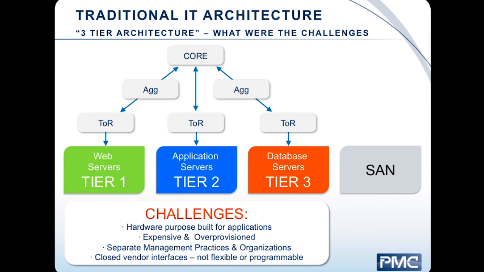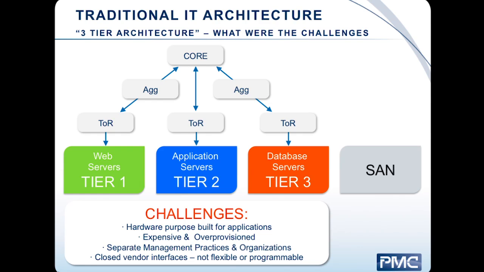The same thing was happening on the network side. We wanted to take our web tier and pound on this particular chunk of data. We had to go up through the Cisco 3-tier architecture all the way to the core and back down to the SAN in order to do read-write of that data. And this is what we call north-south traffic patterns,